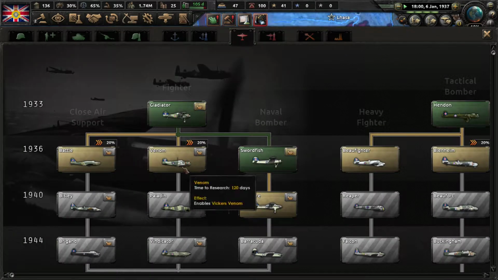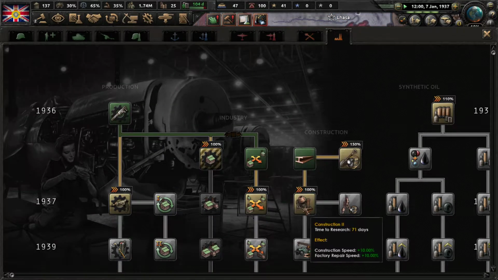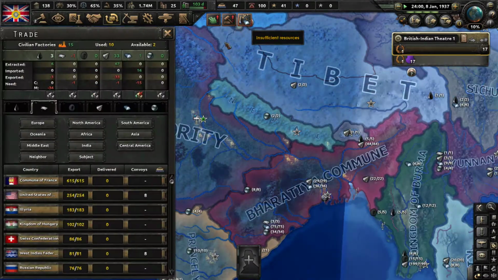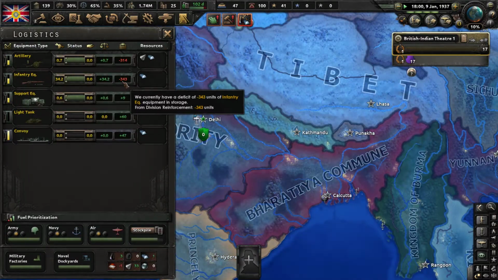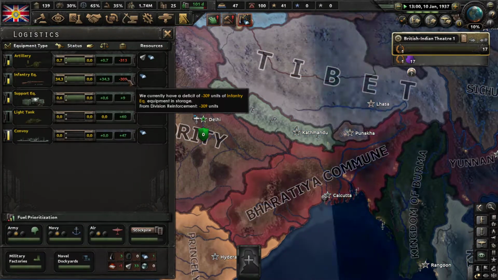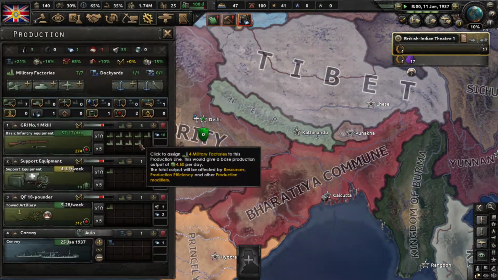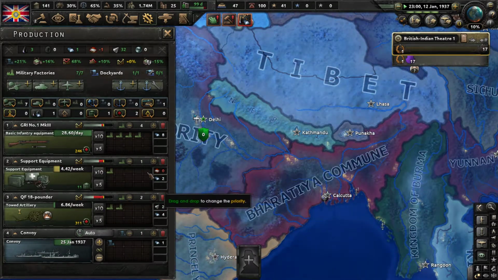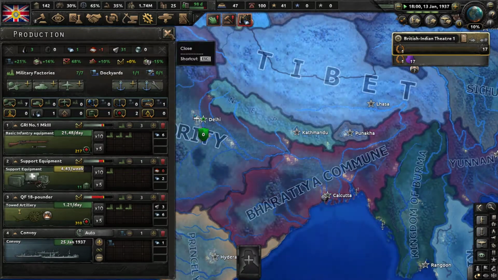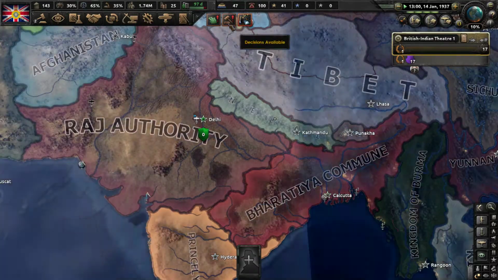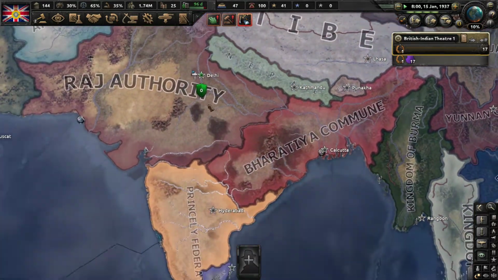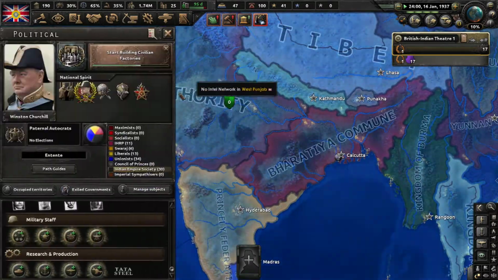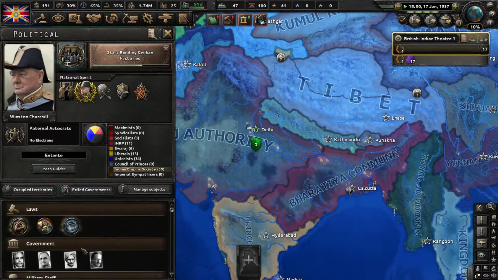Don't want to start naval quite yet. Let's go ahead and take improved machine tools to get our production up. Insufficient resources, unfortunately. We're about positive on guns. I'm going to swap one over. I'm actually going to swap 2 factories to artillery. I think that'll be beneficial for us. I know I'll lose a little bit of production bonus on that, but I'll need a lot of artillery for the build I'm going to do on these 7.2s, and then hopefully 14.4s, because I have the manpower, I just don't know if I'll